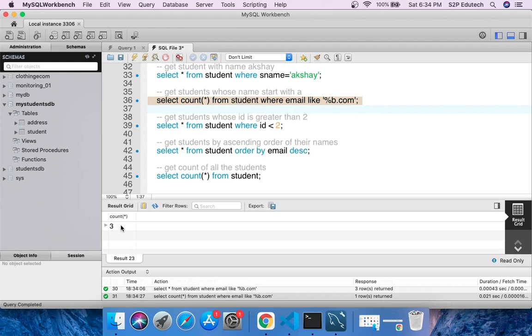So what I got is 3. So count can also be used with the where clause. And what is the job of the count function? The job of the count function is to get the total number of rows which would be returned and which match this particular filter condition or this where clause. Is it clear?